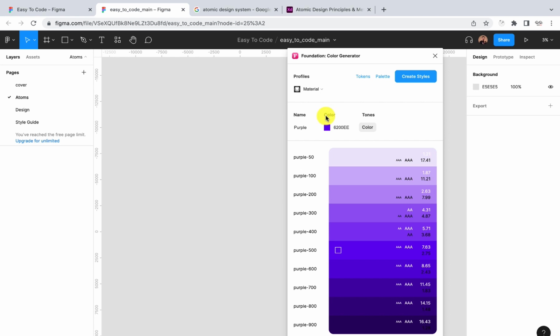So I want it to follow that convention of the Material Design system, and the color that I want to give first is our primary color. So I'm going to call this the primary color over here. So I'm going to say primary color, and I'll look for the hex color code. Now for me, I already have a perfect hex color code I want to use for this design system, and this hex color code is